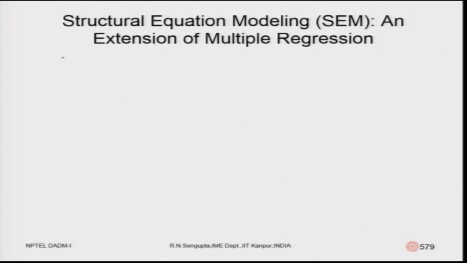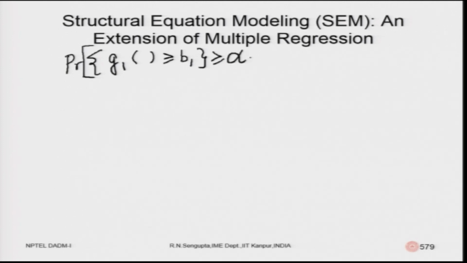So, it will be probabilistic. The first equation is basically the probability of g1. I will only write g1, without mentioning x1, x2, is greater than or equal to beta 1, but this is true for a value of, say for example, alpha 1 as per the problem. So, alpha 1 is basically, if you remember, the level of significance which we had considered. So, this is equation 1.